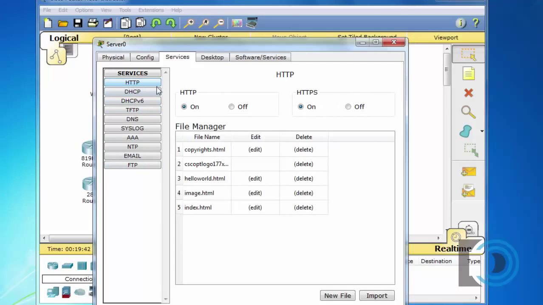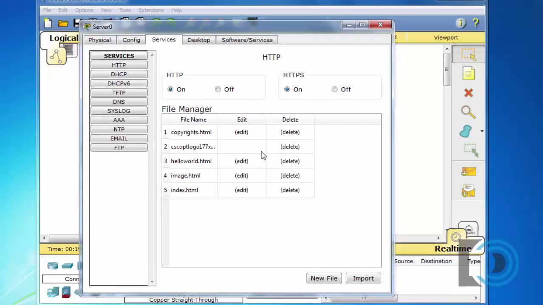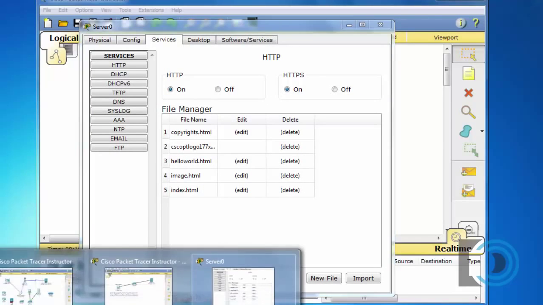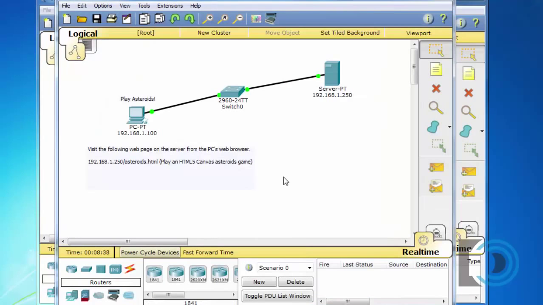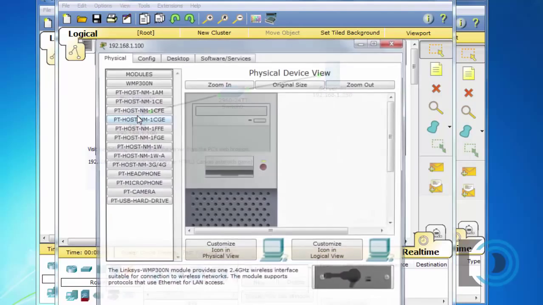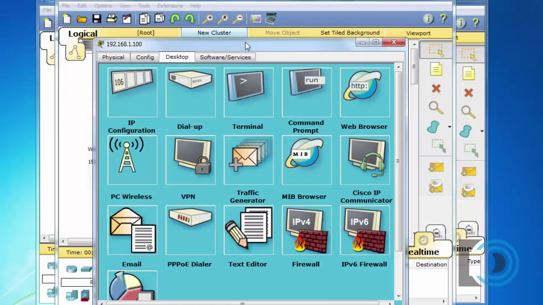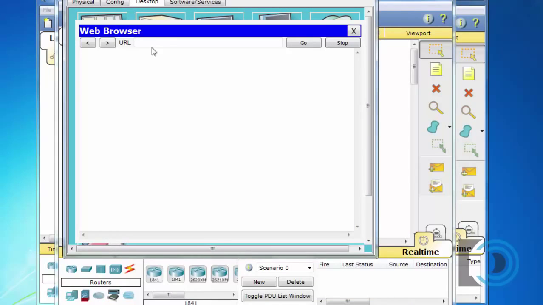So back to this HTTP server, I said it could support JavaScript, CSS, basically some HTML5 type stuff. So I was fooling around with it, and I created a file, and I've got a little game that I was able to create. So let's take a quick peek at it. So I'm going to open up my PC here, go to the desktop, open the web browser. Let's go to